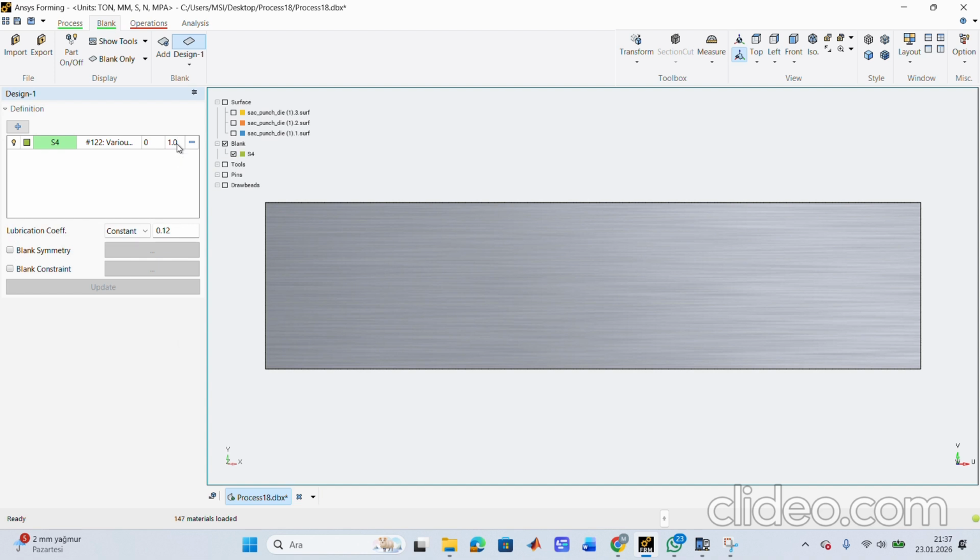And it's set blank component thickness, sheet metal thickness. I will use 1. And lubricant coefficient is a default value, 0.12. Now we can go to operations,